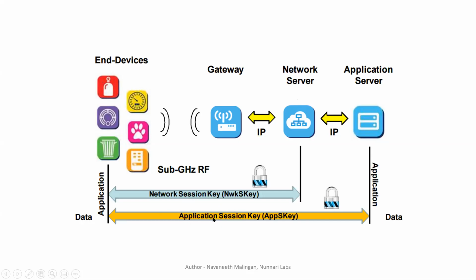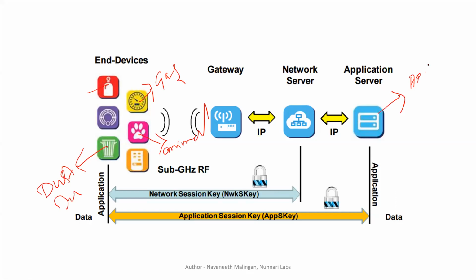Okay, so remember, let's say this is the entire architecture. Here we have a gas meter. Here we have animal tracking. Here you have a dustbin. So you have three different devices using the same gateway and the same network server. How can you segregate between these three? In the application server, you will be creating applications. One for forest is an application. So all the devices, animal tracking or something else, will be associated to this forest application only.